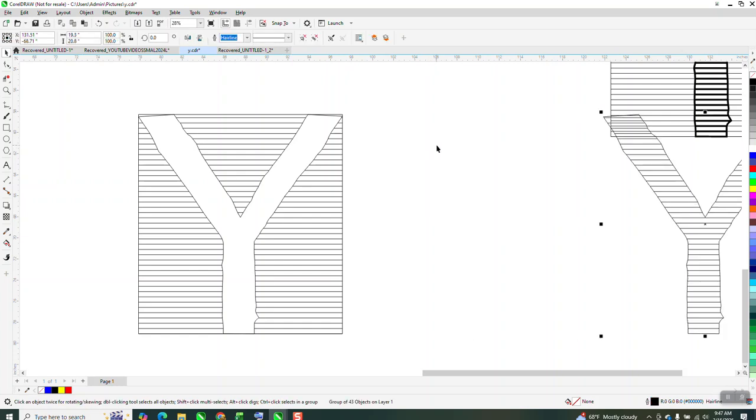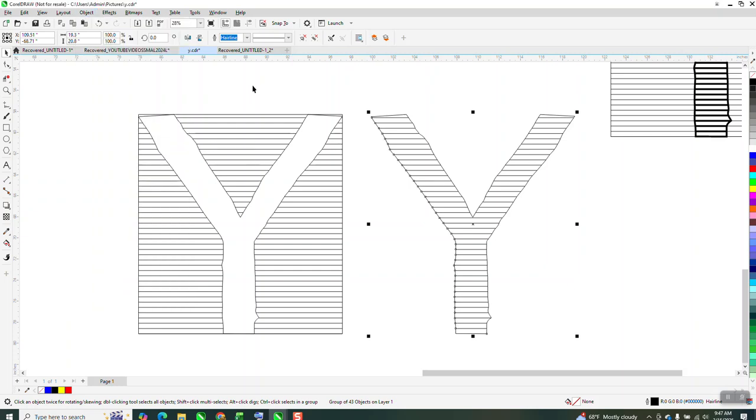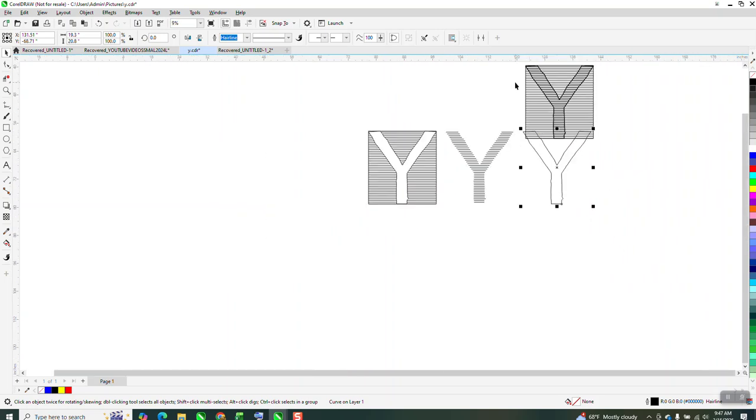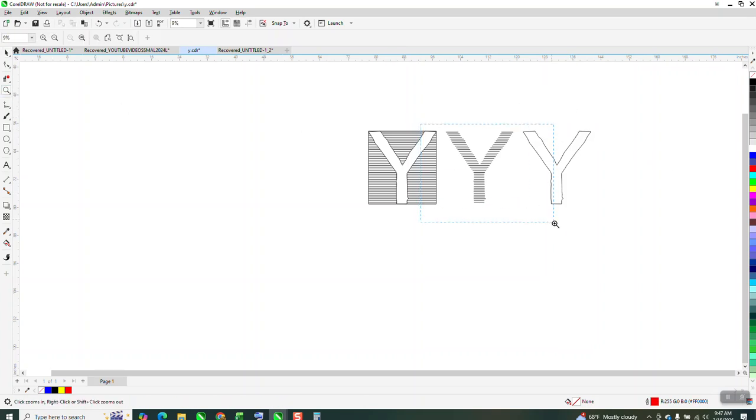But I want to separate my lines from the outline, and you can see they might be all one piece. So I'm going to go to Object, Group, and Ungroup, and I'm going to take my line and just move it out of the way. Matter of fact, I'm going to get rid of this other stuff. You don't have to hit your calculator. I do that all the time. Anyway, now you got these lines,